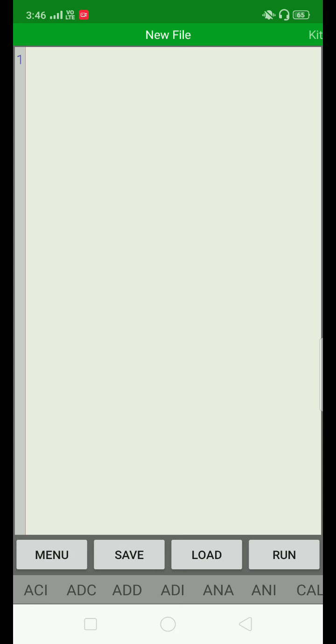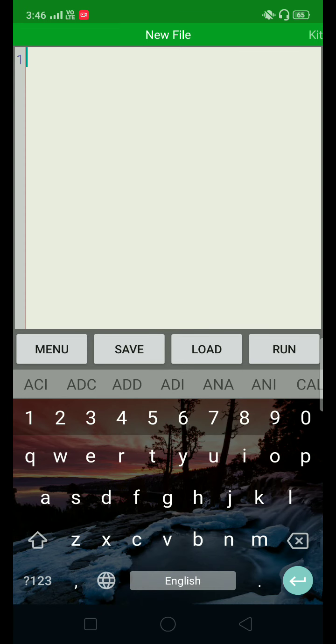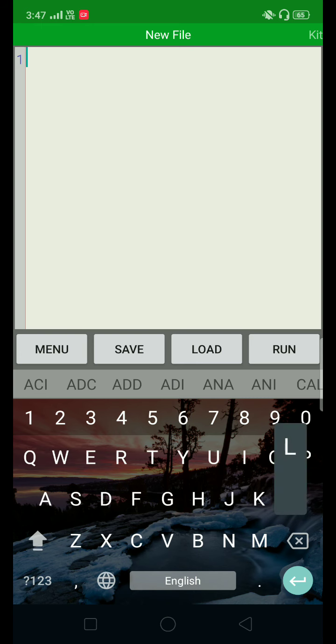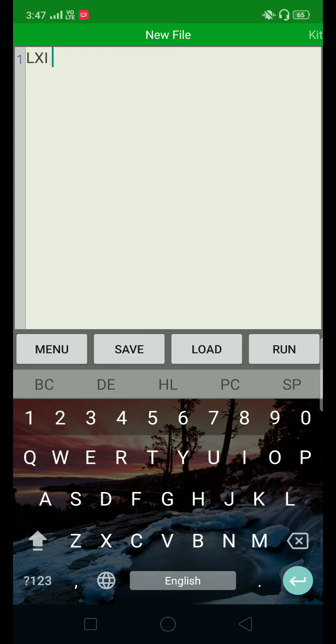So here we are going to type our program. The first part of the program is the initialization section, where we are going to initialize the memory pointers for array 1 and array 2 and one register for counter to count the array locations or memory locations. So first instruction is LXI H comma the memory pointer for array number 1 that we have already discussed.